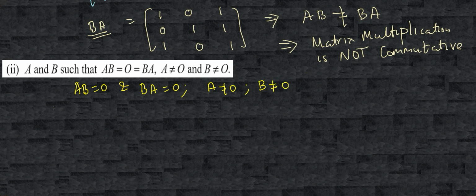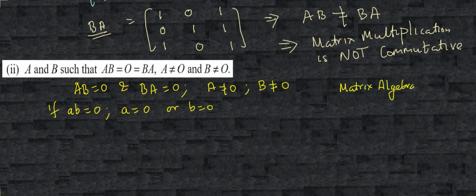You know why? In school, you would have studied that if AB is equal to 0, then either A should be equal to 0 or B should be equal to 0. But this is not true when you are dealing with matrices. So that is the reason you have a special branch, what is called matrix algebra. So whatever properties that you study in algebra will not work in matrix algebra, of course, bearing a few exceptions. Okay, having said that,